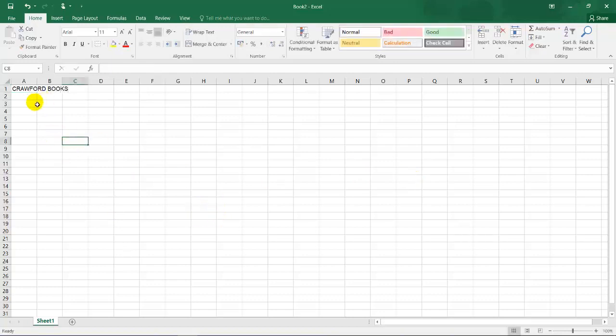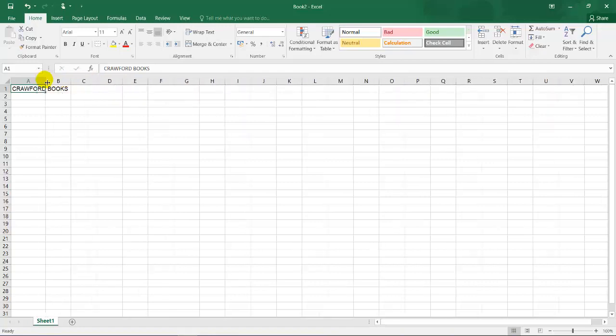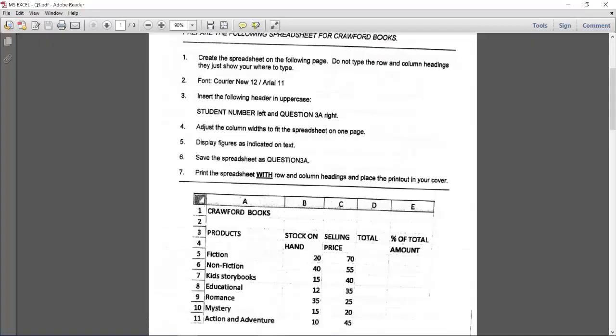It's in capital letters. Now I can see that Crawford Books is overlapping from column A to column B. So I need to increase my column width so that it doesn't get cut off. If I put my cursor between column A and B, my cursor changes. So I can click and drag to increase my column width, or I can double click on it and it auto adjusts. It's very simple like that. The next instruction is to